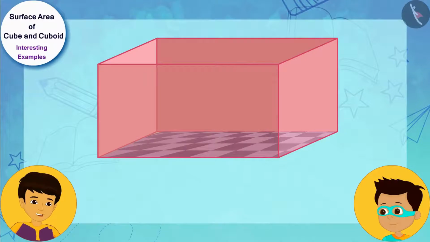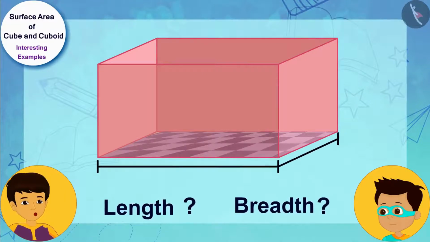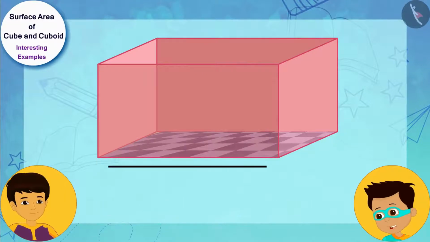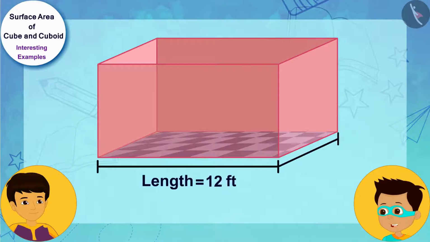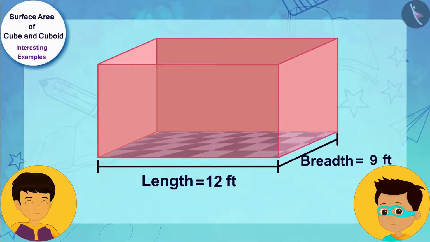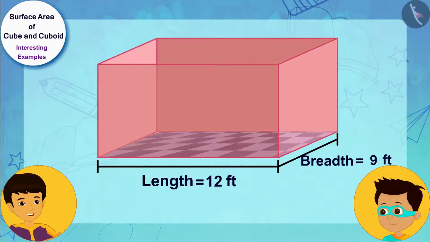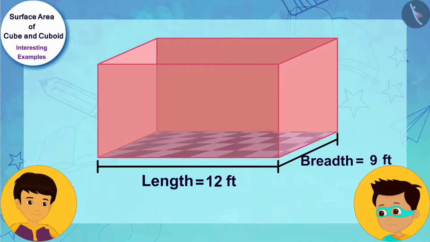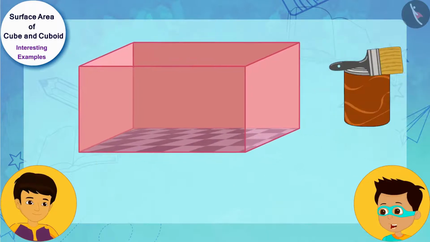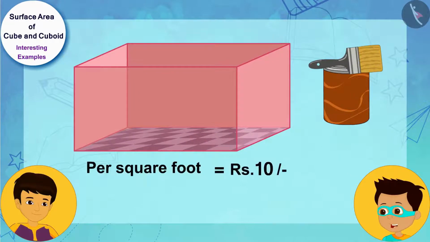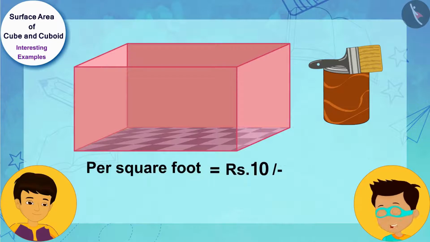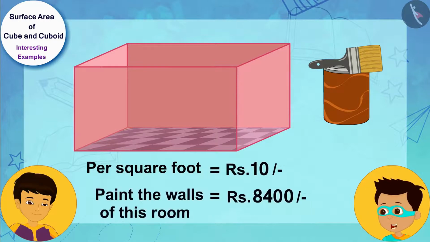Let's measure the length and breadth of this room. The length of the room is 12 feet and the breadth is 9 feet. Do you have any more information related to this room? Yes. It cost us 8,400 rupees at the rate of 10 rupees per square foot to paint the walls of